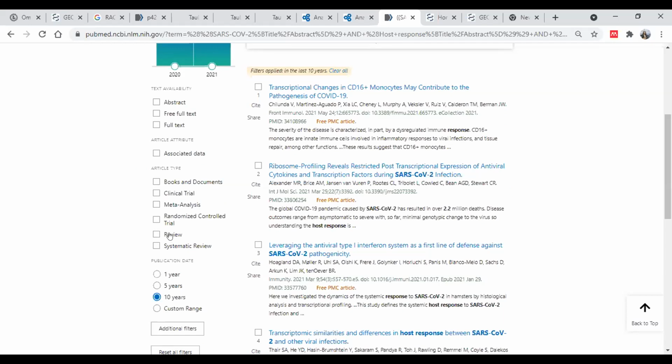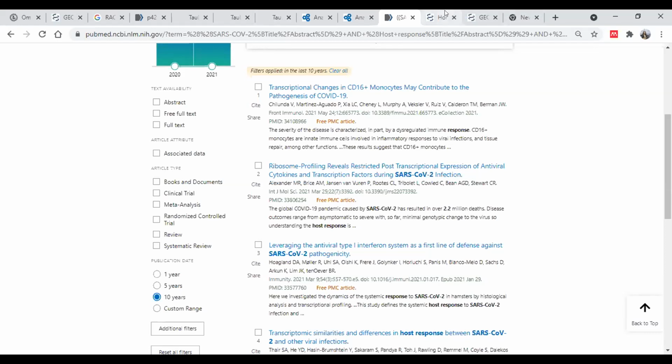So always read the recent review articles which are published in good journals. So that is how we should find. Once you have 5, 10 or so review articles, then you can go through those articles to understand what is already done and what are the loopholes that need to be addressed. So this is how we can do the literature review process. Now, from the literature review, if you already find or refine your research question, next is how we can find data from the public repository.